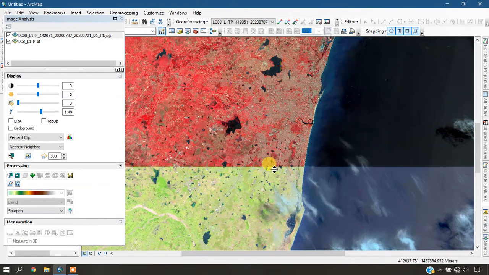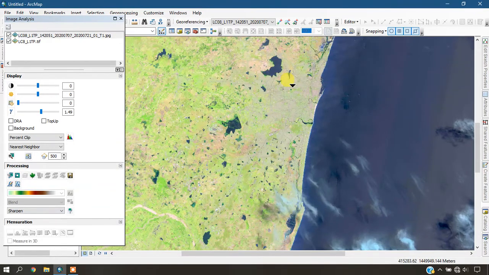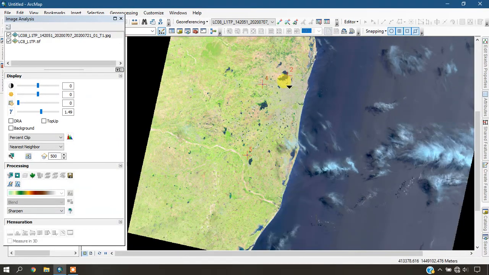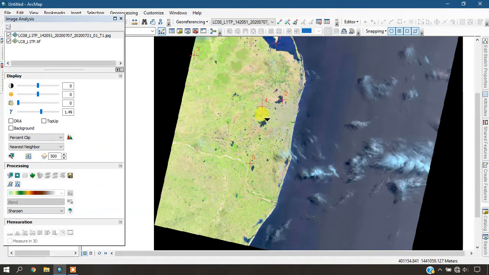You can see the level of georeferencing. Please keep in mind that if you need it more accurate, you have to place more GCPs more accurately. That can help you in maintaining the accuracy level.